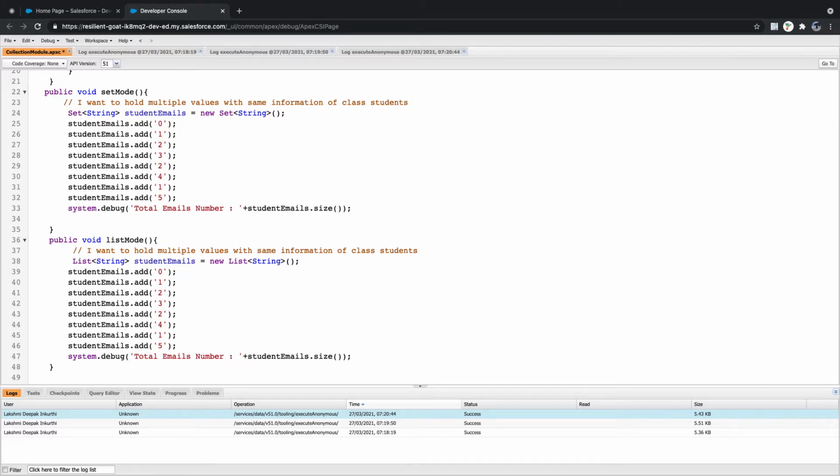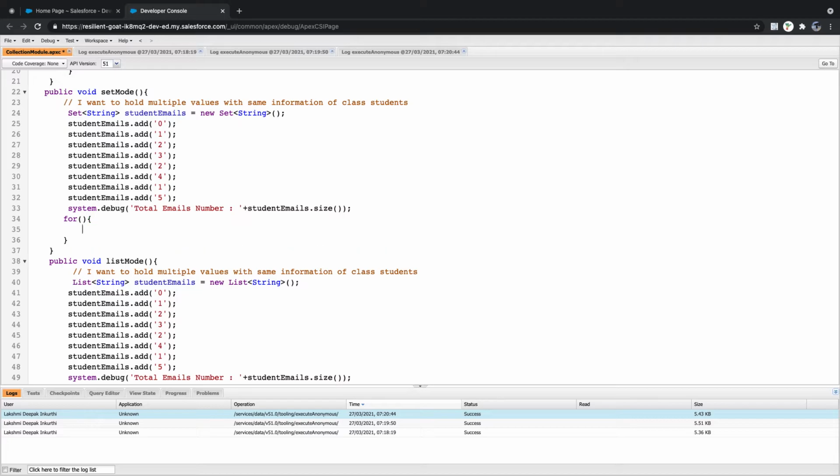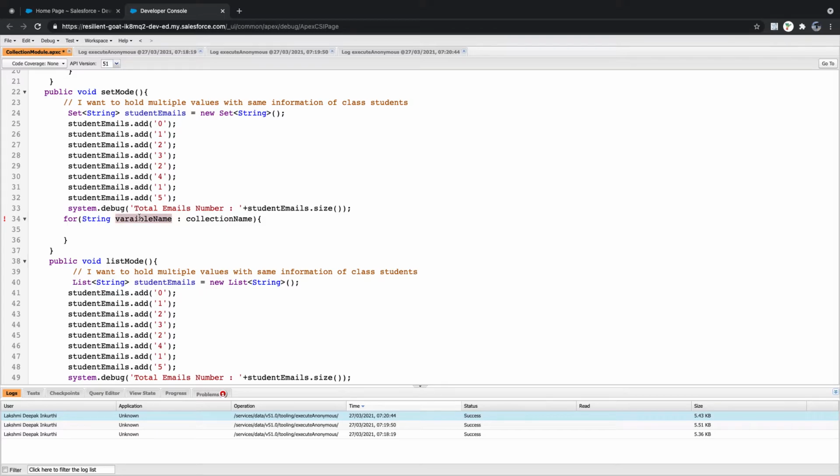So we can also iterate with a for loop. Let's define a for loop. What is a for loop here? A for loop always goes with data type, variable name, colon, collection name. What is the data type we are using here? String data type, right? So I'm taking my string. What is the variable that I'll use?